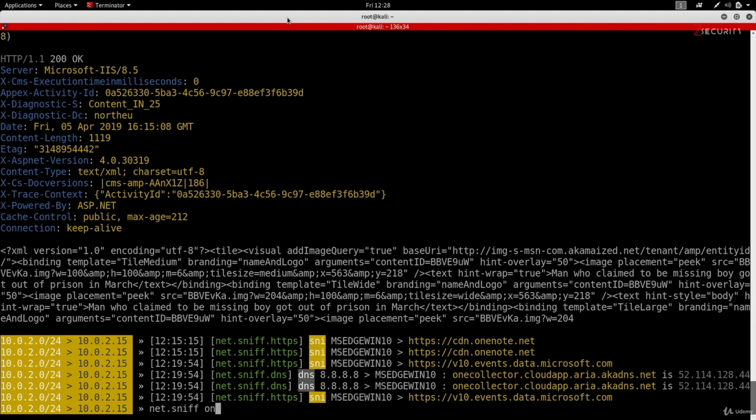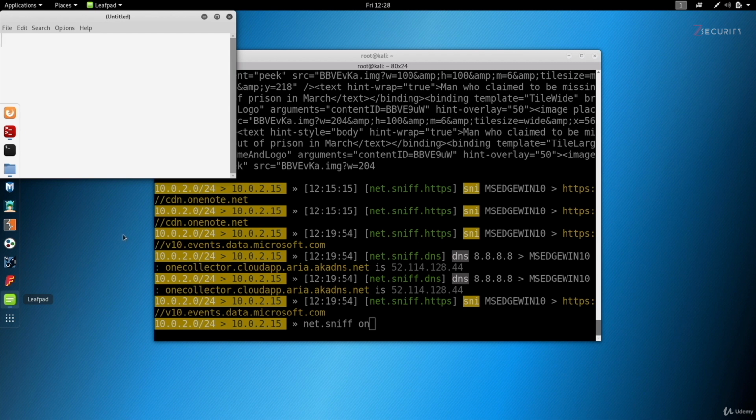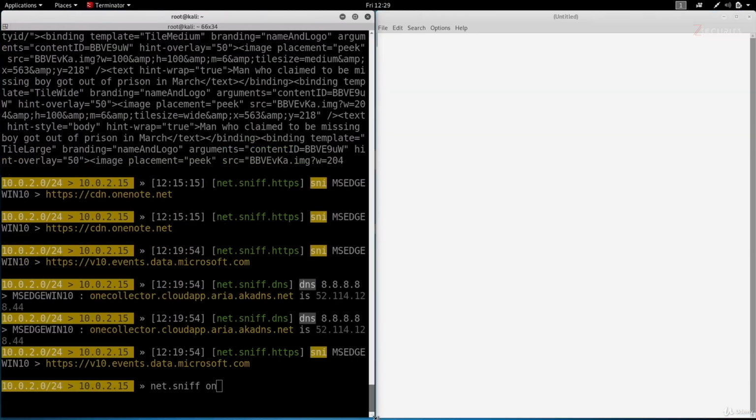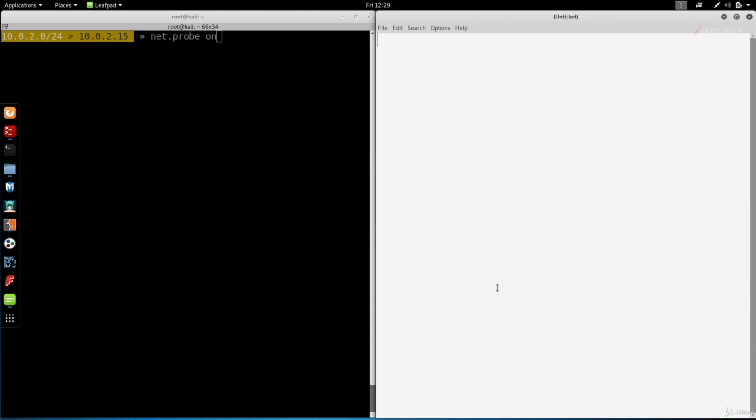So, I'm going to resize this menu. I'm going to open a text file, and I'm just going to organize this a little bit to make it easier to follow. And I'm going to clear this window here. I'm going to go to the first command that we had to run in order to do this. So again, scrolling up, the first thing we did was net.probe on. So in my text file here, I'm going to literally type this command,